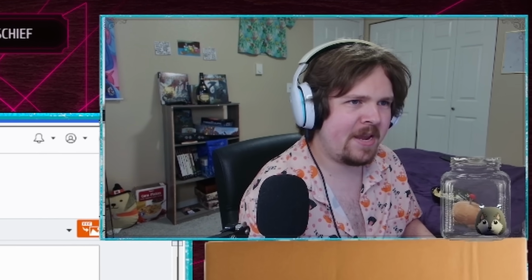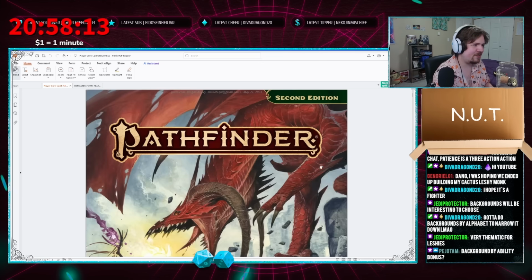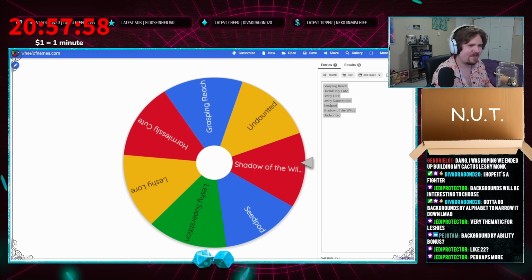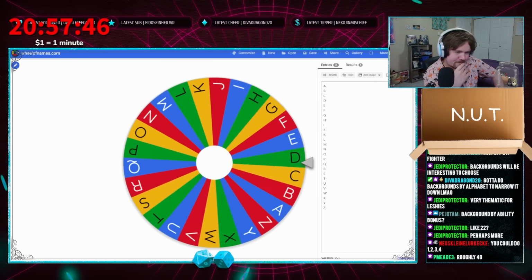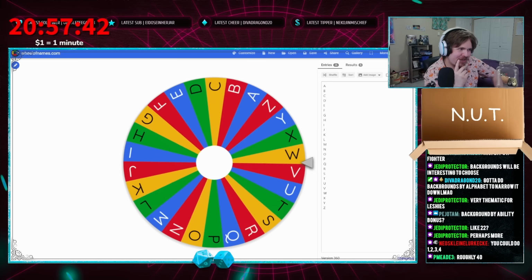How many backgrounds are in base PF2? How many backgrounds are there? All right. We're gonna take Diva's idea. And we're gonna go A, B, C, D, E, F, Z. Baba Booey! Our background is going to start with...